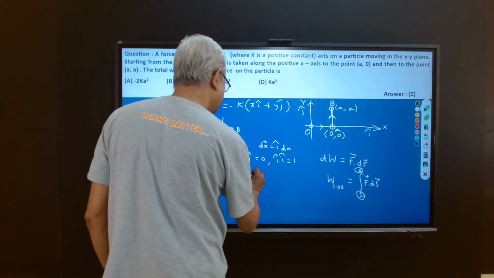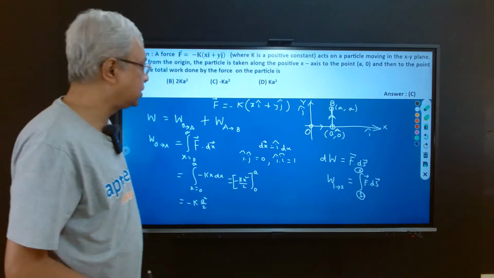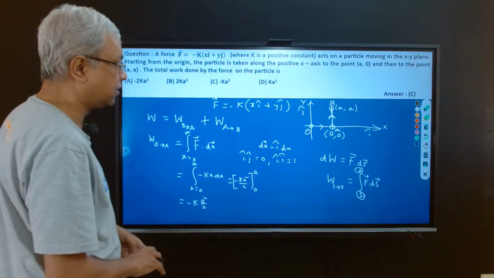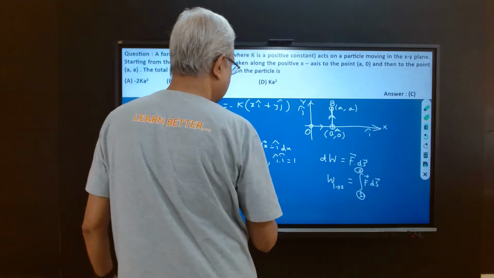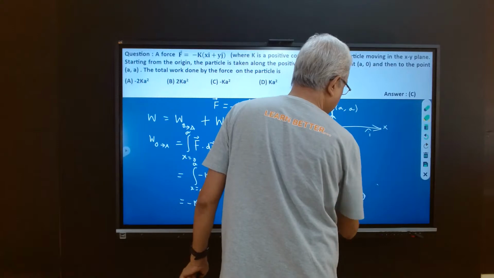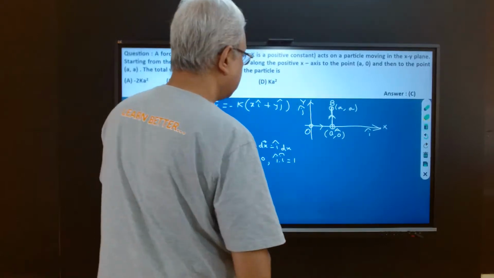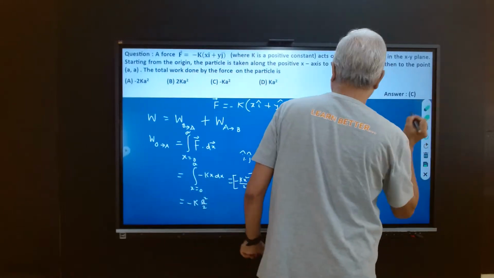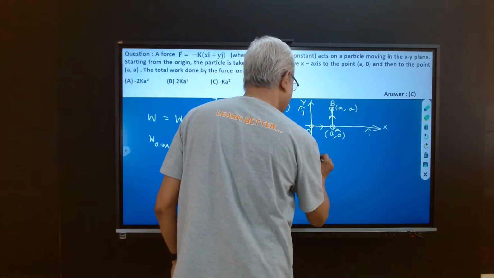You can write 0 to a. So it is minus k square by 2. So this is W0. Now what is WAB? So let me remove this. So WAB is how much? This part of the W, that is W A to B,